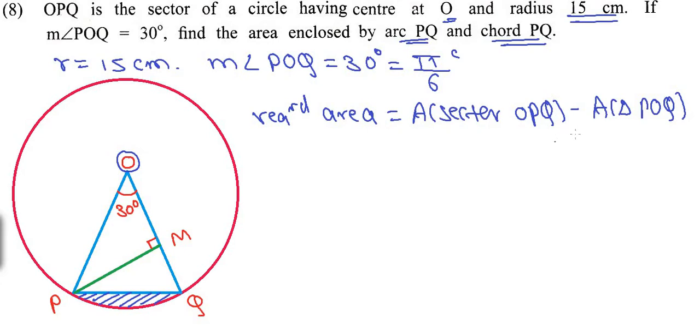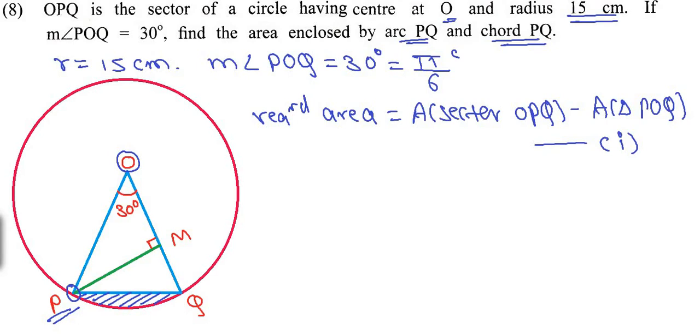Now in order to find the area of triangle, we should find height and base. Let us drop a perpendicular from point P on side OQ, just like in the previous example. A perpendicular from a vertex on the opposite side gives us the height of the triangle, and the side on which it has been dropped gives us the base. So OQ becomes the base of the triangle and PM becomes the height. Now let us find the value of height, PM. Let this be equation number 1.